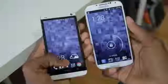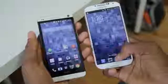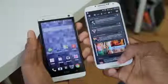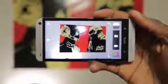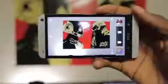Now, that being said, there's another hotly debated area when comparing these two flagships, and that is their cameras. On the outside, the HTC One has a pretty flat element, as you can see, while the Galaxy S4's protrudes a little, but the HTC One has a 4 ultra-pixel camera, while the Galaxy S4 has a more traditional 13 megapixel sensor inside. And it's tough because usually smartphone cameras, no matter what, are pretty similar and both take such similar great pictures that it's not really worth